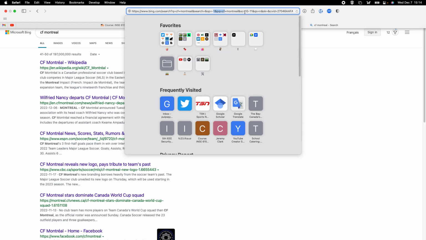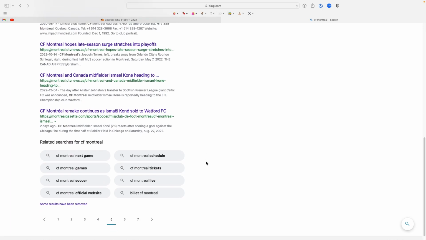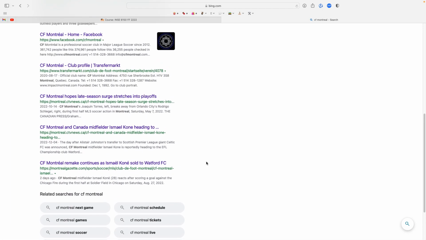Where I am in the search results will also be in this URL somewhere. I can't parse it out. I think it's probably first equals 4, which means it's on the 4th page. Okay, so it didn't remember that I asked for the 4th page. It just put it in the URL, and then when I asked for the URL, it's just like, okay, they want to know CF Montreal in the 4th page of results.